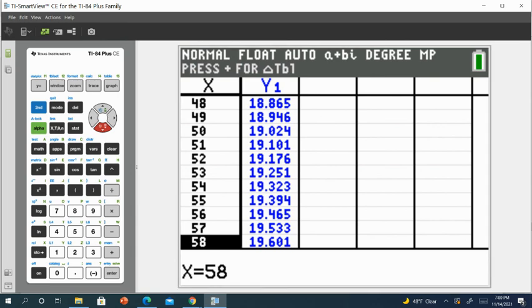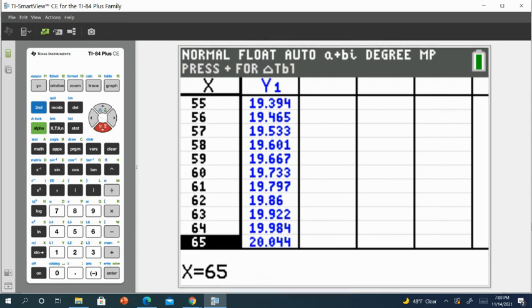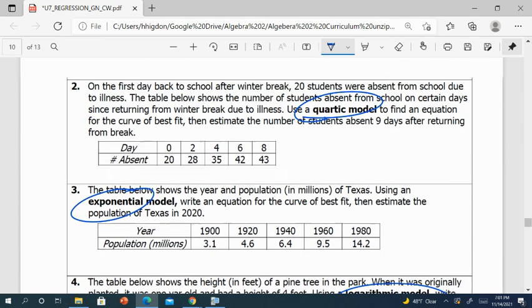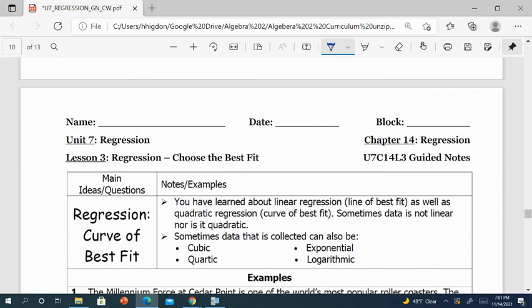So at the end of year 58, I'm still at 19.6, 19.6, 19.7. So here we finally are. In 65 years, it's going to finally, in that 60th year, hit 20 feet. So that's how logs are done. There is your video for choosing best fit regression equation for lesson number